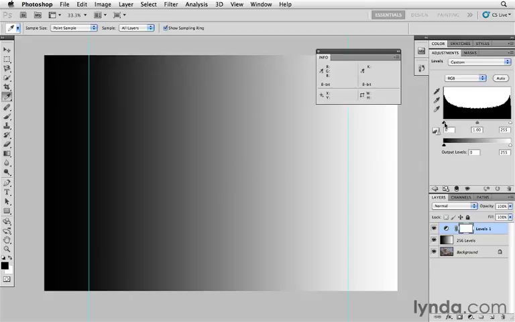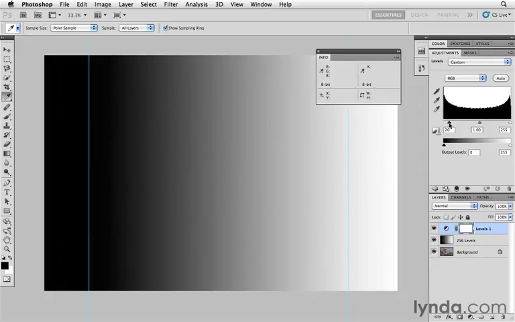I'm going to take this black slider and drag it all the way over to 20. And what I'm telling Photoshop to do is, hey Photoshop, every pixel in this image that has a tonal value of 0 to 20, I want them all to become 0. So now, to kind of prove this to you, if I move my mouse anywhere over here to the left of this guide, you'll see on the right side in the Info panel,